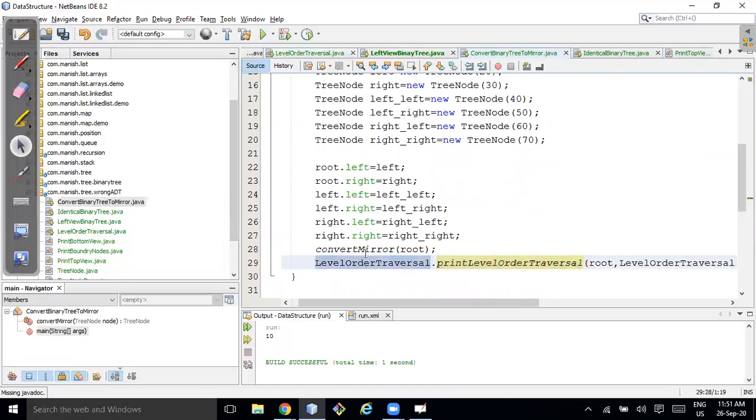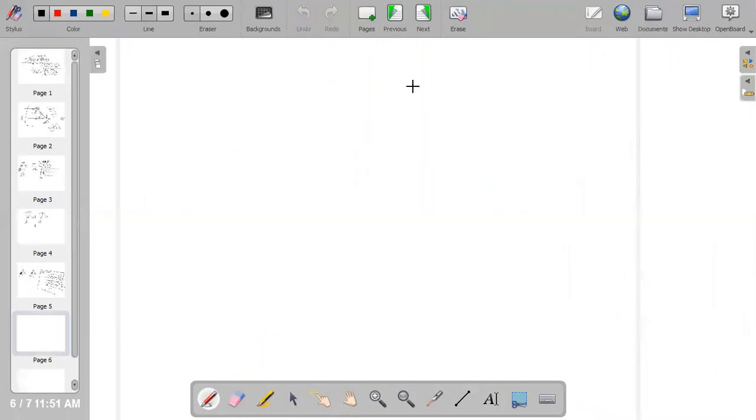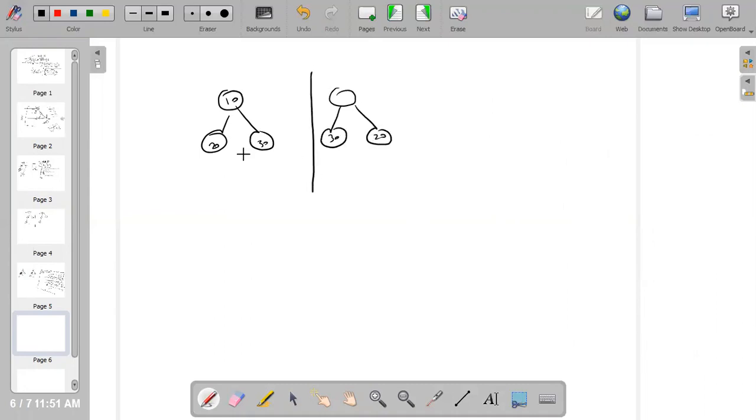So the next problem is, it's very simple. So here I'll give you two problems actually in the same problem. The first problem is you have two trees. Okay. So 10, 20, 30. Here I'll write 30, 20. So these two are mirror image or not? What if I have 40 and 50? And here I have 50. Here it is 40 and 50, right?